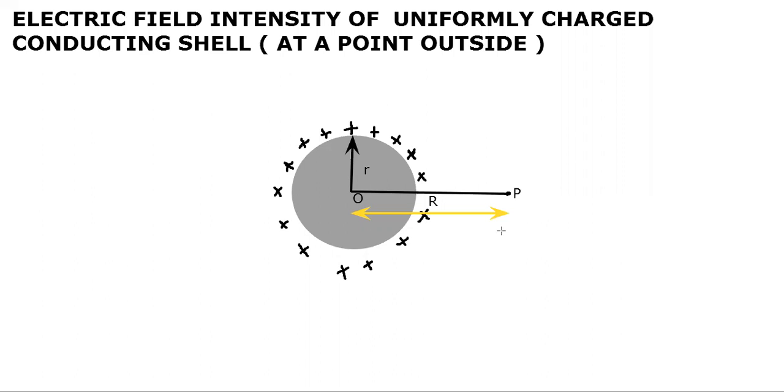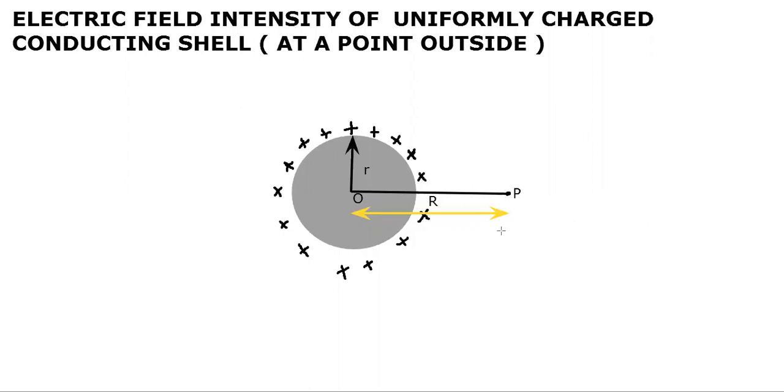a point outside. Also, in the cases of this derivation, we are going to find electric field at the surface of shell and also at the center of shell. Now, as you can see the diagram, I have already made the sphere of radius small r. O is the center. I have given positive charge to this shell, and the point at which I have to find electric field intensity is the point P, which is at distance of capital R from the center of the